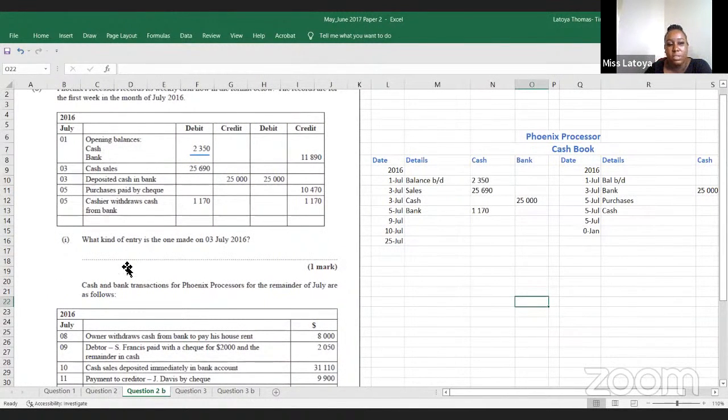Okay, we're almost done with our cash book. That's it for the 5th. So we need to scroll down and see the rest. We have now transactions from the 8th